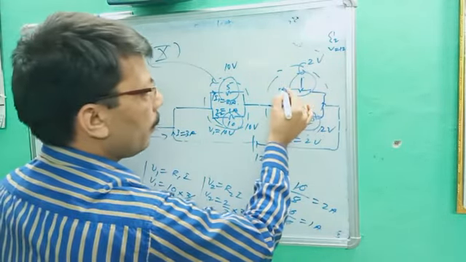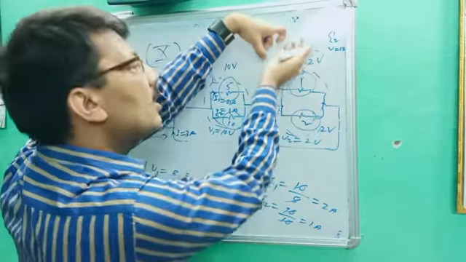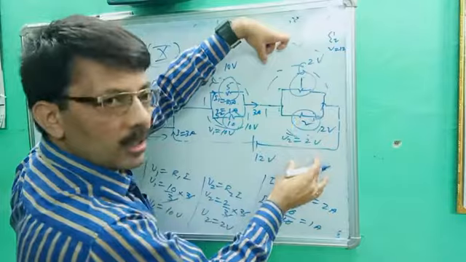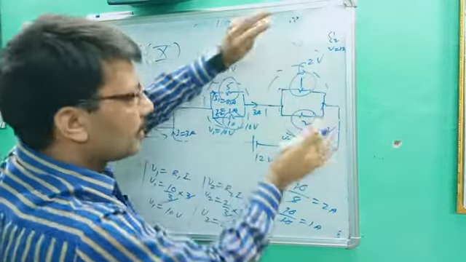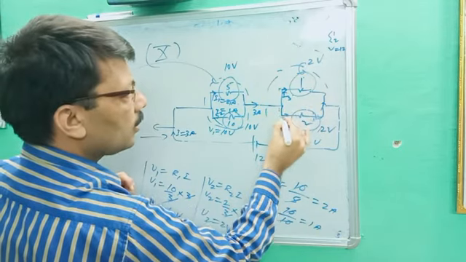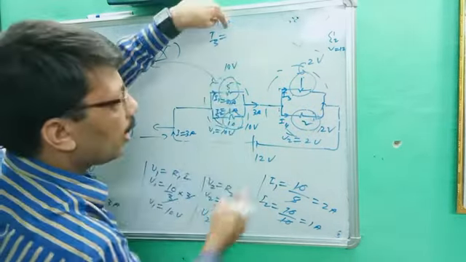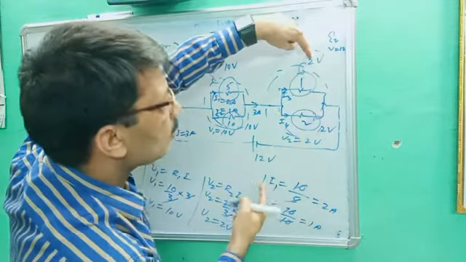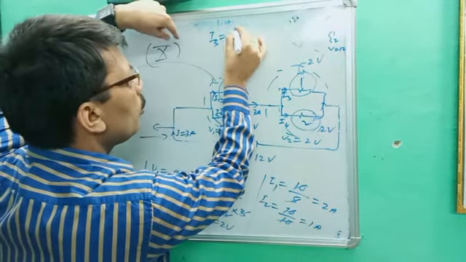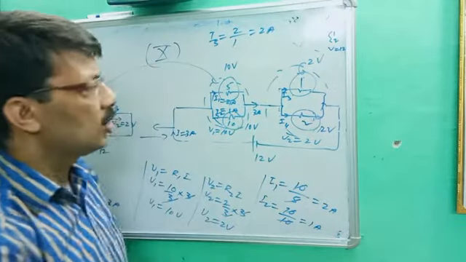Again here you will get 3 ampere. It will again divide into two parts. If 3 resistors are given, all have the same voltage because in parallel voltage is the same, but current gets divided. So what is the current for this one? Let's suppose this current is I3 and this current is I4. So what is I3? I3 is equal to V upon R. V you can see is 2 volt. 2 upon R, R is 1. So you will get 2 ampere. I3 is equal to 2 ampere.